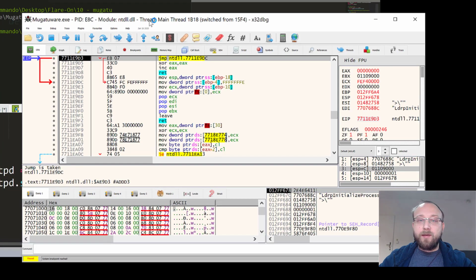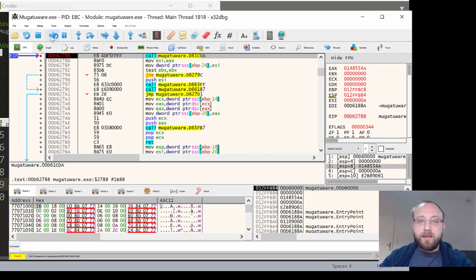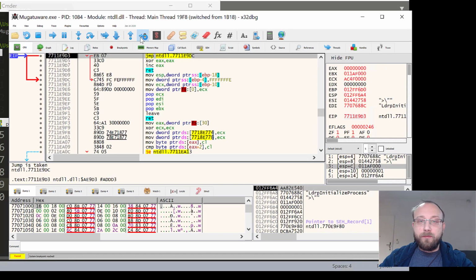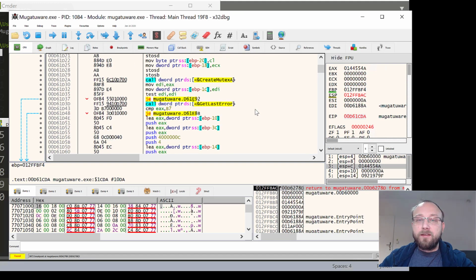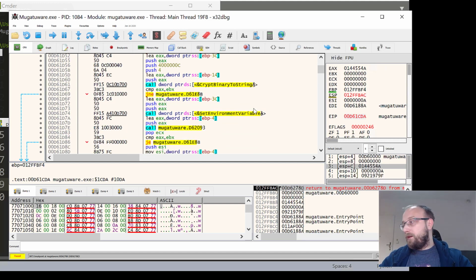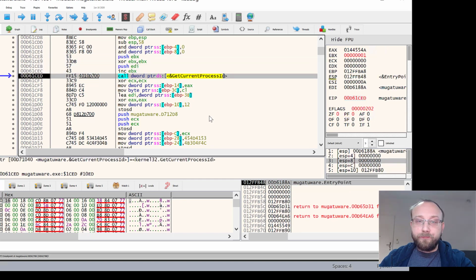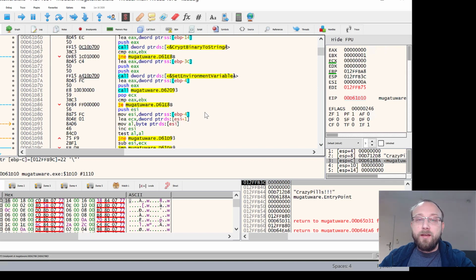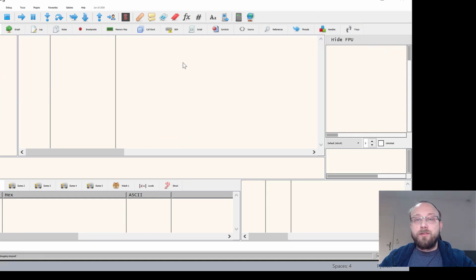Hopefully I can manage. So we have our sample here. We'll just go to the user code, and I should have some breakpoints set here. Okay, I probably do not have as many breakpoints as I thought. But let's go to this one, because we can see that we do some virtual alloc, virtual protect, and we were writing something to this unprotected region, and then we were calling this part of memory. So that got me thinking that maybe we need to look into that